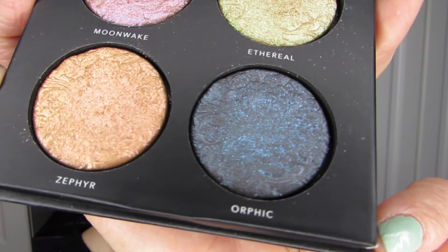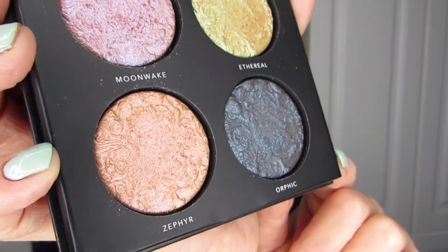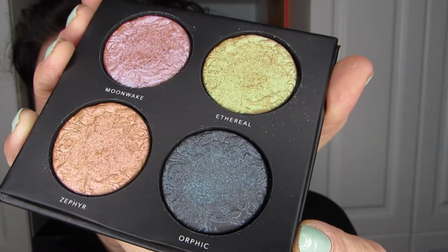I really, really love these, and although the design is off on most of these because I've been using it, it comes with an imprint design on these beautiful shadows that fits the name, Enchanted Secrets. This truly is an enchanted quad. It's gorgeous. And unfortunately, Linda Hallberg products tend to be limited edition, so I don't know if that's still available, but